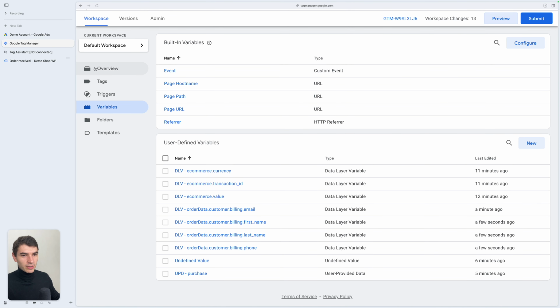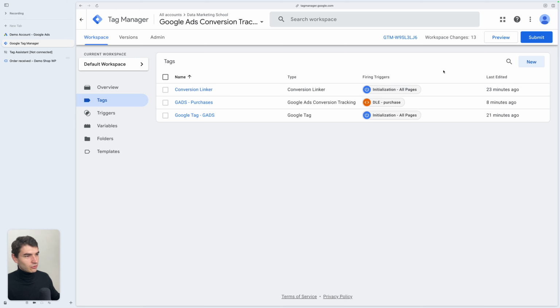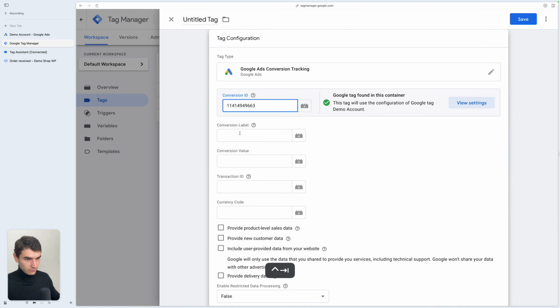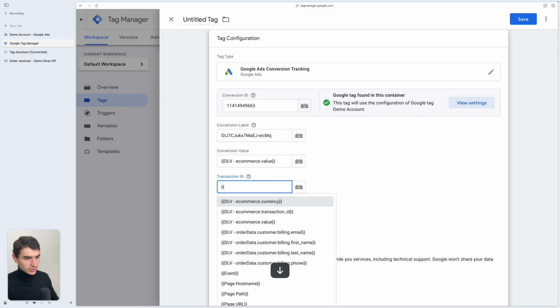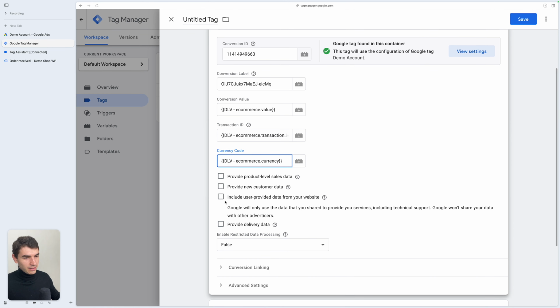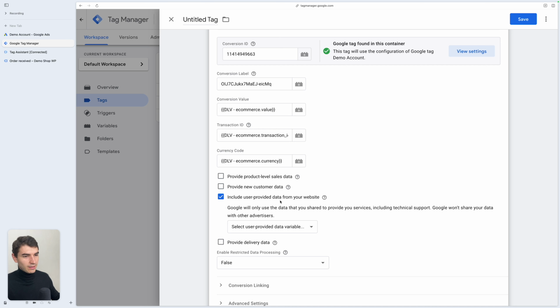So go back to Google Tag Manager under tags. Let's create a new Google Ads conversion tracking. Let's enter my conversion label. For the value, you can use the same data layer variables. I mean, if your data layer is the same, currency, and then you can check this here. And before